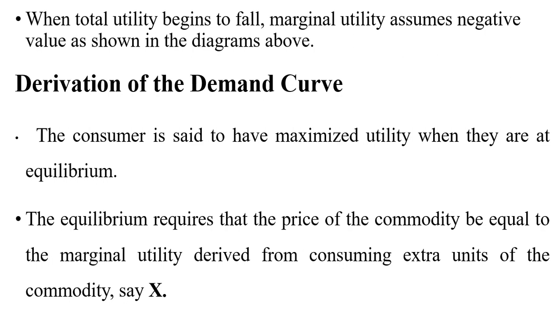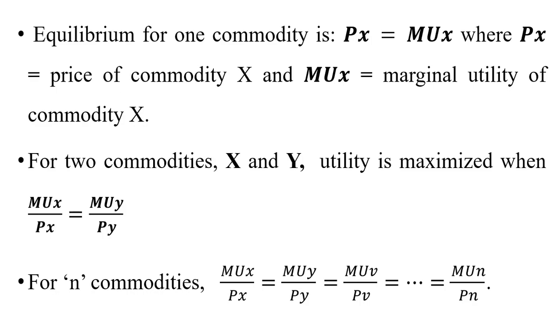When the consumer is consuming only one commodity, then the price the consumer is ready to pay for commodity X is equal to the marginal utility he derives from consuming that commodity X. So the price of commodity X is equal to the marginal utility derived from consuming commodity X. So this is the case for one commodity. If the commodities are two,